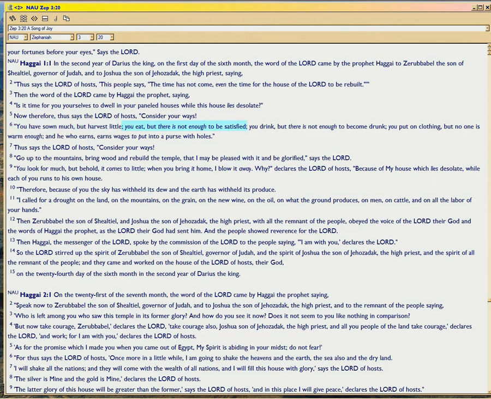In other words, this is Leviticus 26 playing out. When you disobey God, the sky will be hardened. Your crops aren't going to grow properly because you're not obeying me, so I'm not going to send you rain. Your grain's not going to yield. You're going to be hungry. You drink, but there's not enough to become drunk. In other words, there's so little vine growing. They're planting it, but it's not coming up. That's Leviticus 26, the negative warnings. You don't obey me, your agriculture's going to go to pot.